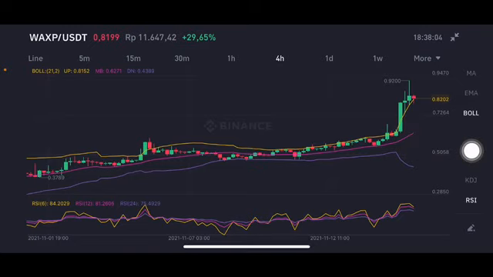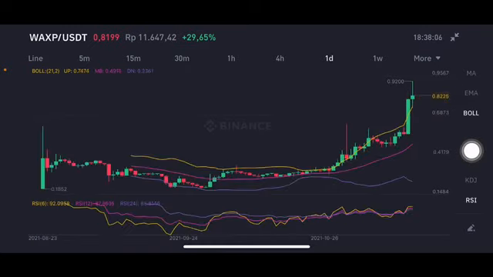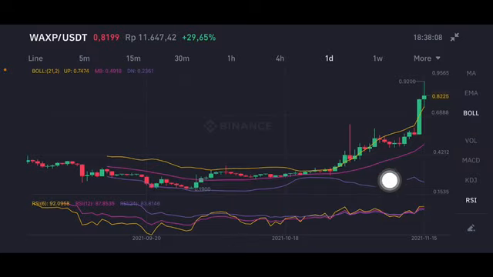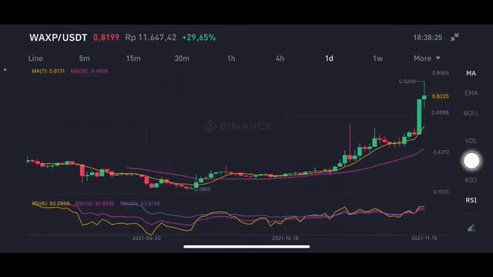Right here, we're going from the 4-hour chart to the daily chart. Basically, it's already the second day going up. It tried to go the other way, but it's already going down. Go to the yellow one first, upper band 0.74 US dollar. If you want to enter, then you can wait and see first, then can enter at prices between 0.4 and 0.48.